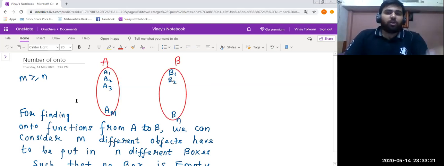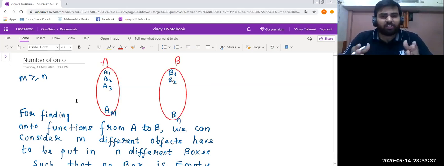For a function to be onto, m should be greater than or equal to n. Why is it so? Just think once.